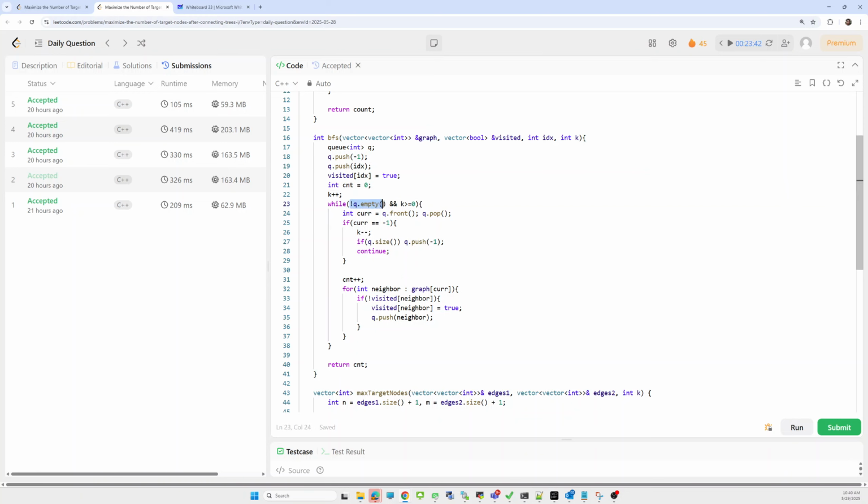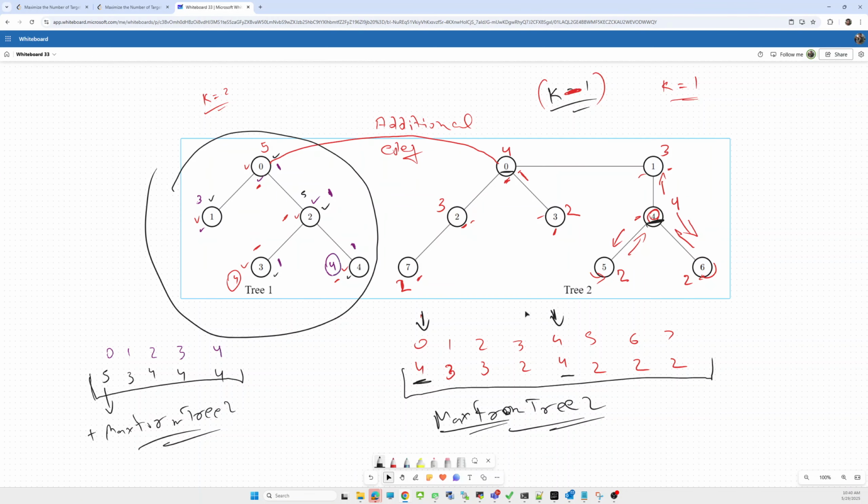Now we have to apply a while loop: until the queue is not empty, or until k is less than or equal to 0. There are two things. Let me tell you, there is a node 1, on this side there is a 2 value, and k will be, let's say, 3, and here the value will be 3 and the next value will become 4.